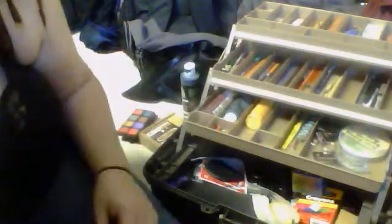Hey, right there, you can see it. And this is good. This is perfect length for pencils. So I've got a crap ton of pencils and all kinds of stuff, and it's organized. And you can even fit, like I've got down here, tubes of paint. This is just acrylic, little tubes that I stick back in there. And all kinds of little stuff just stuck in there. I've got this flat area right here where you can put more things. Like, in this case,